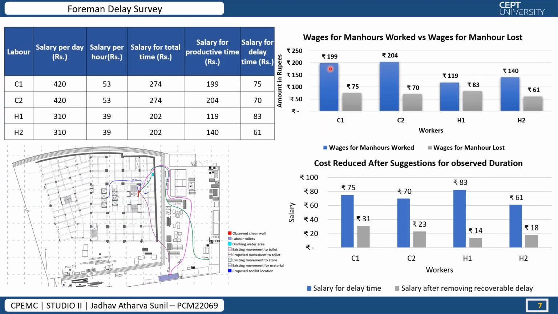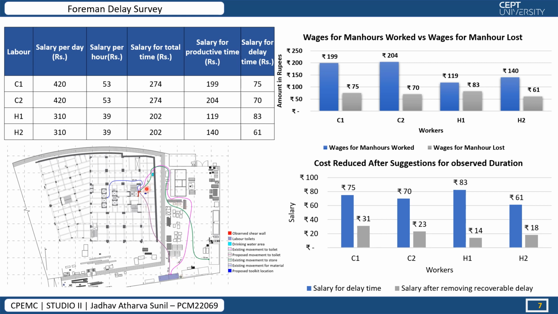Here we have derived the wages for man hours worked versus man hours lost for the carpenter and helper. Here we can see the carpenter has worked for 199 rupees and the work lost was 75 rupees. Similarly, helper one has worked for 119 rupees and the work hours lost are at 83 rupees. To reduce these losses, we have suggested some suggestions, which is shown in the spaghetti diagram, in which we